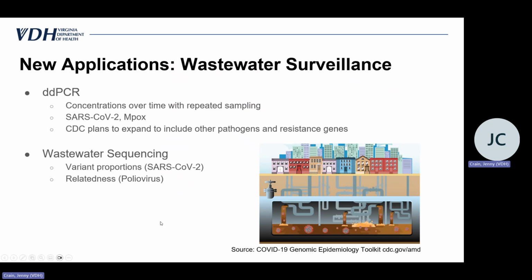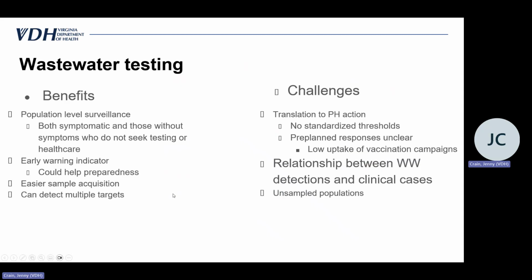But it is another data source, and it is very important, and it doesn't lie, and we shouldn't ignore it. Every state, I feel like, is at a different level in terms of where they are with using this information, but they are able to test way more than just SARS-CoV-2 and polio at this point. Also mpox, but also now influenza, even H5, and RSV. They continue to add additional targets for wastewater sequencing, to include even opioids and other drug substances as well. So again, this slide shows benefits versus challenges, pros and cons, if you will.